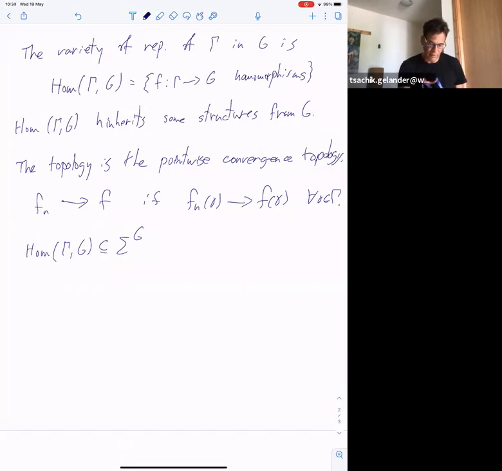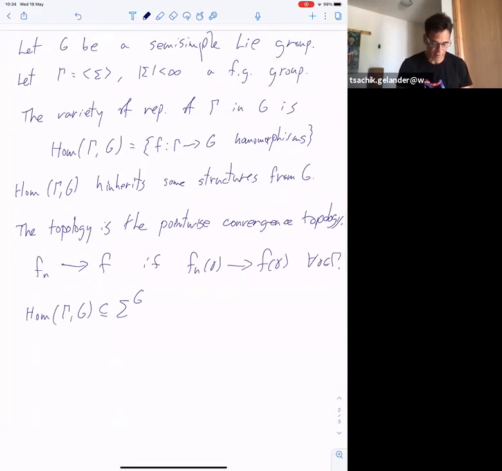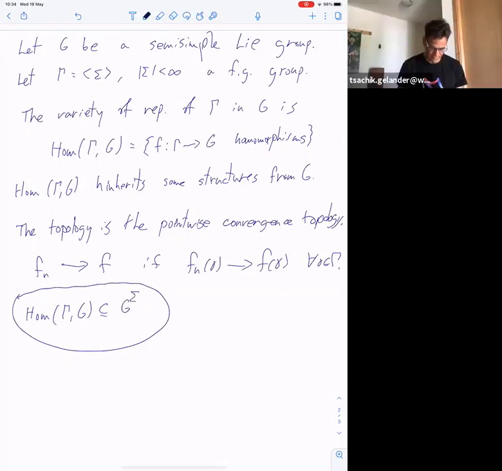And when you think of it in that way, you can also easily see that if G is algebraic, a finite algebraic group, so you know that every, let's say, adjoint semi-simple Lie group is a Q-algebraic group, an algebraic group defined over Q. So also this will be an Tsachik? Yes. You mean G to the sigma, not sigma to the G. Thank you. G to the sigma. Thank you.